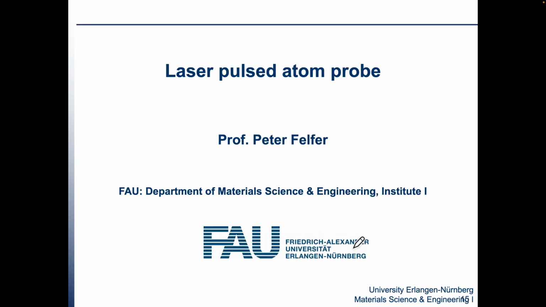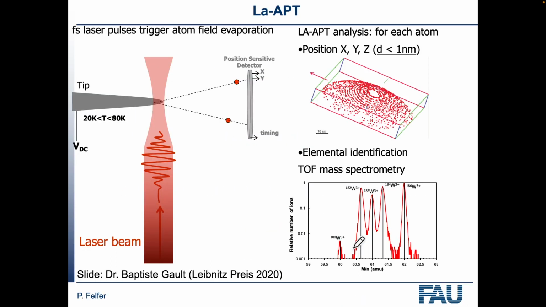If we have laser pulsed atom probe, then the ions will all have the same energy, but they might come off at different times, because we've got cooling of the tip. But let's look into the basics. So if we've got laser pulsed atom probe, then we have femto or picosecond lasers. The first lasers used were femtosecond lasers, but then people tried out if it makes a lot of difference